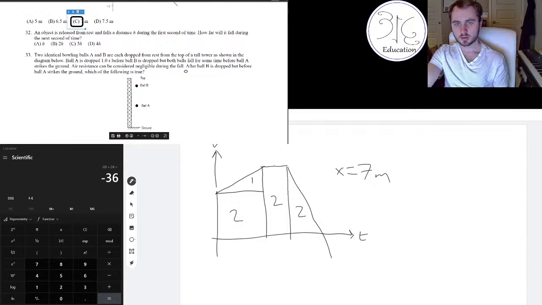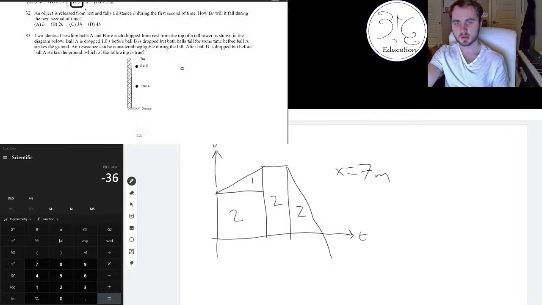Cool. An object falls from rest, released from rest, and falls a distance h during the first second of time. How far will it fall during the next second of time? So yeah, we can relate our distance to time